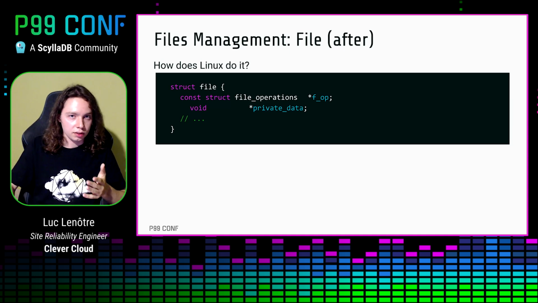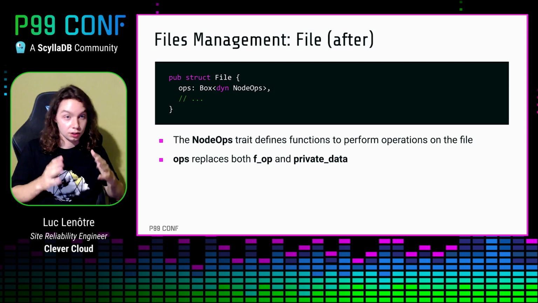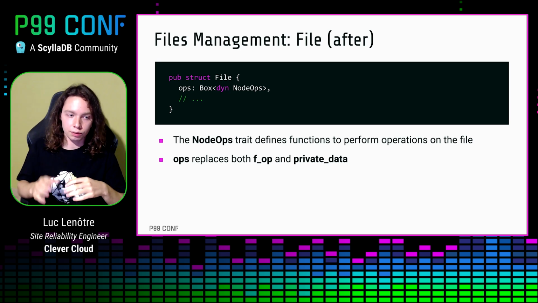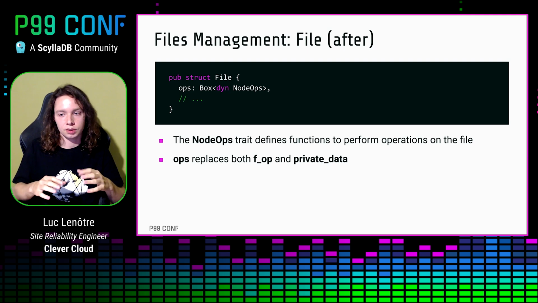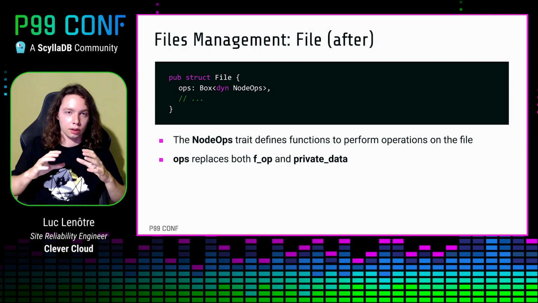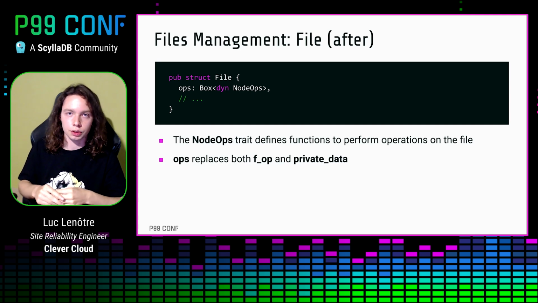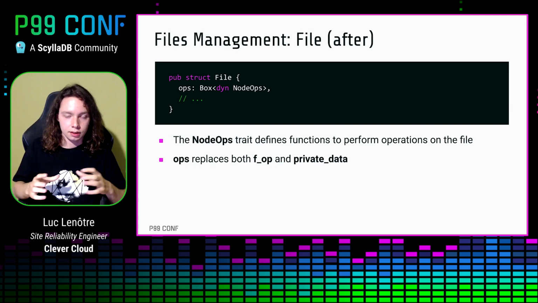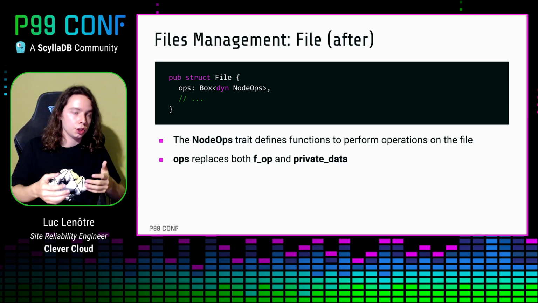So to handle it, I decided to write it like that in Rust. That's actually equivalent, even though there is only one field. The NodeOps trait is basically the prototype for all those functions that allow to perform the operation on the file. And the underlying structure is going to store the private data. So if I can show you an example,